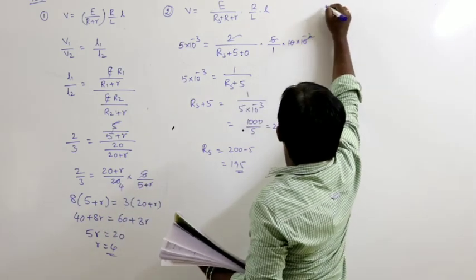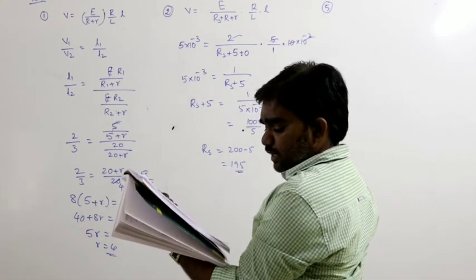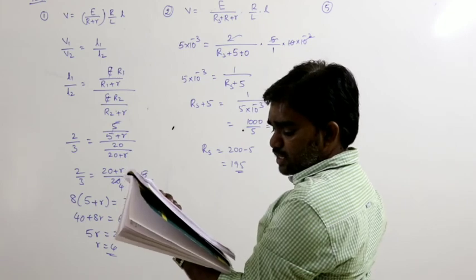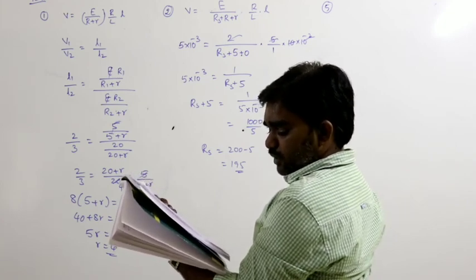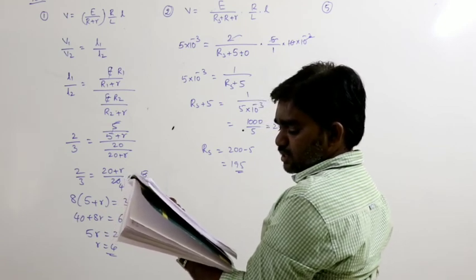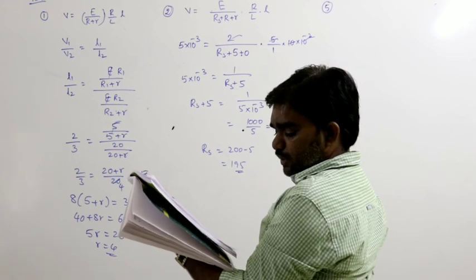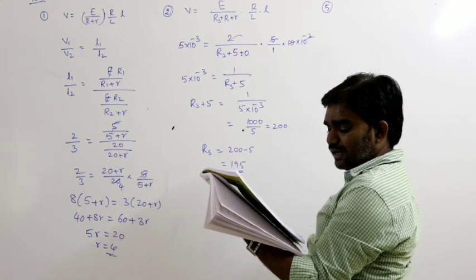Next, see the fifth question. In an experiment for calibration of a voltmeter, a standard cell of 1.5 volts balances 3 centimeters length... of potentiometer wire. The potential difference across the resistance in the circuit is balanced at 1.25 meters. The voltmeter is connected across the same resistance. It reads 0.65. Find the error.